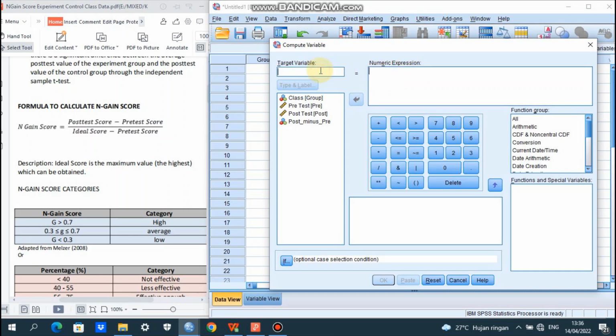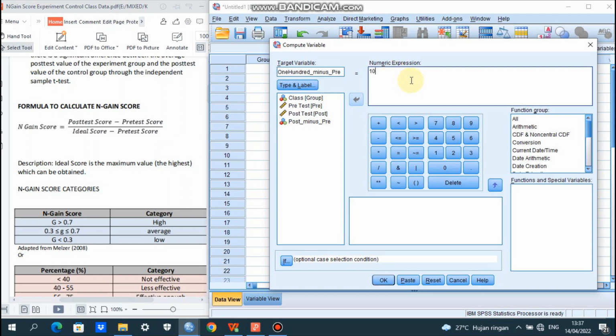Ideal score, still remember, 100. We type 100 minus pre.